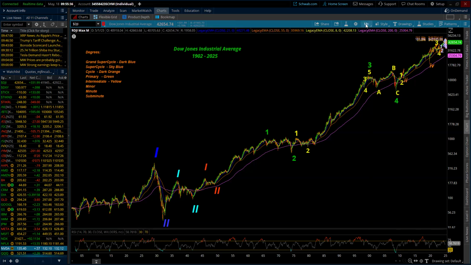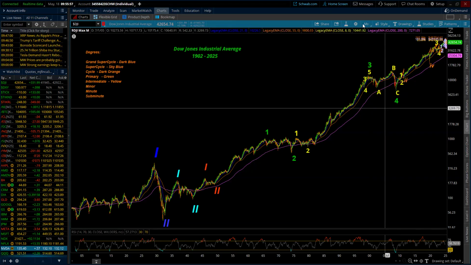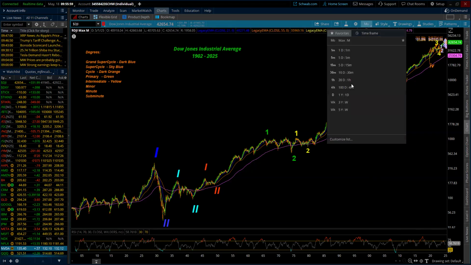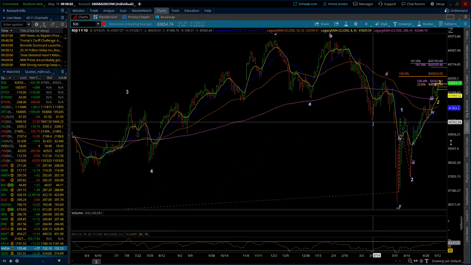A lot of things fundamentally happening that would go in with the market making that big of a move. Much of it generated by government action, actually. So it's just a lot of stuff yet to come out. But getting more to where we are now, I'm going to go back to that daily.